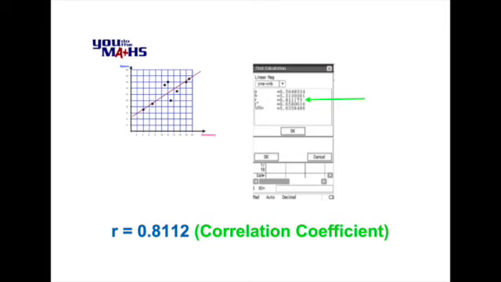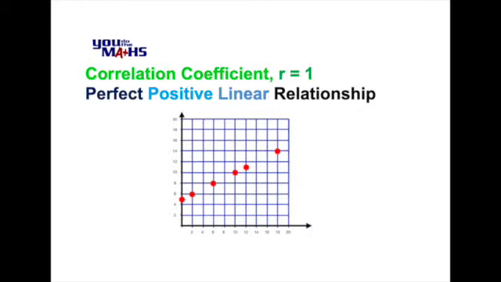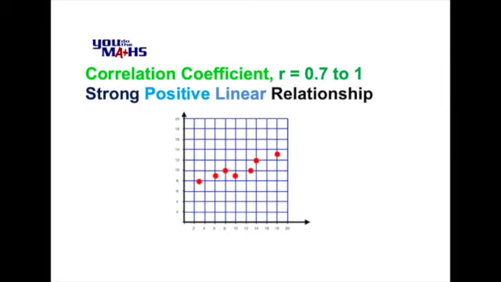The correlation coefficient is based on a scale that goes from -1 to 1, and the extreme scores of -1 and 1 indicate perfect relationships, and 0 in between indicates no relationship. So let's have a look at some of those in terms of a scatter graph. So here first up we've got a perfect positive relationship. So if we've got a set of points which match a straight line and have a positive gradient, the correlation coefficient is 1. Now as the points start to deviate from the line, we say that it's a strong relationship,